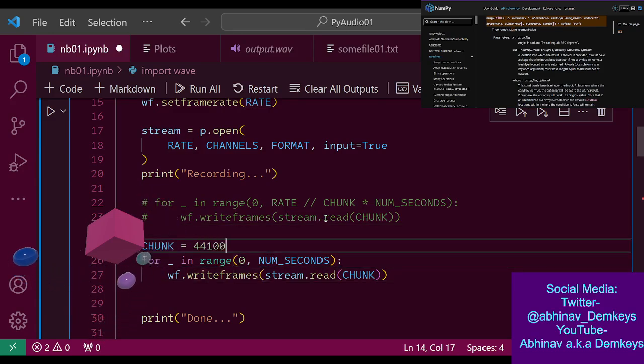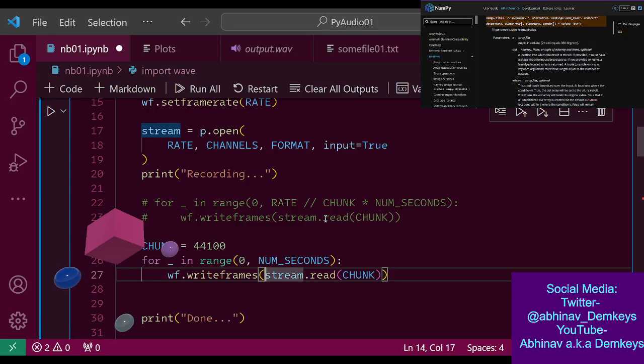I could directly read a massive chunk, but then it occurred to me today that this massive chunk that's getting read is also getting written to the WAV file. So that might be where there's a bit of a performance issue. So maybe it's best to read in smaller chunks. I'm still not entirely sure about that, but I need to do more testing and research to understand the potential drawbacks of writing more versus writing less.